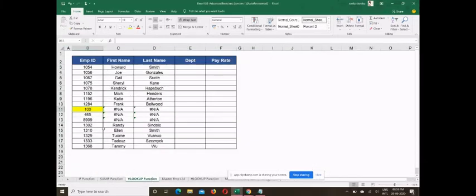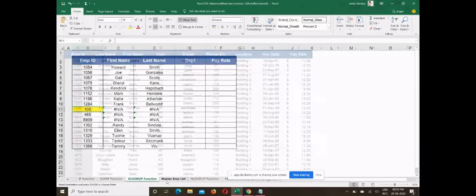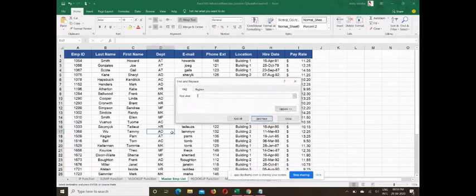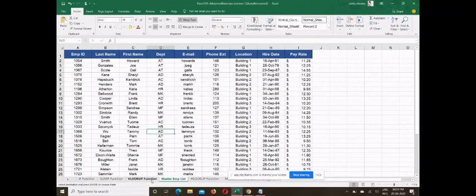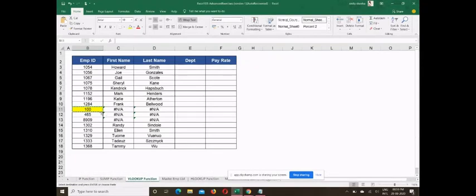Let us search once again. Control C, I'm copying the number and checking. So that is the reason. If the cell contains a constant value that is not in the master sheet, it will show us N/A.